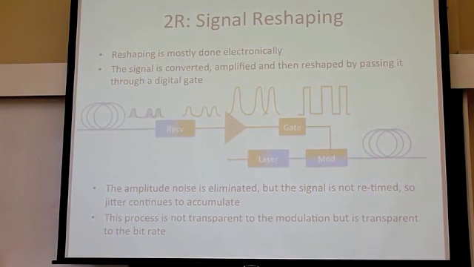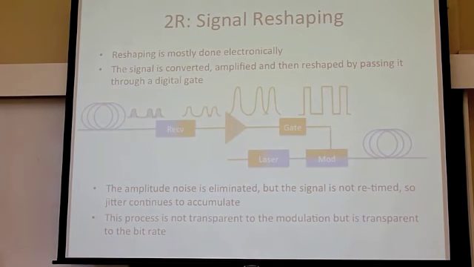The only thing that this doesn't do is retime the signal. Okay? So it doesn't sample the signal and decide if this is a 1 or a 0 and recreate a complete pulse. So it doesn't do the retiming. That means that the jitter, which is how much the signal moves in this way, is not eliminated. So this process is transparent to the bit rate,